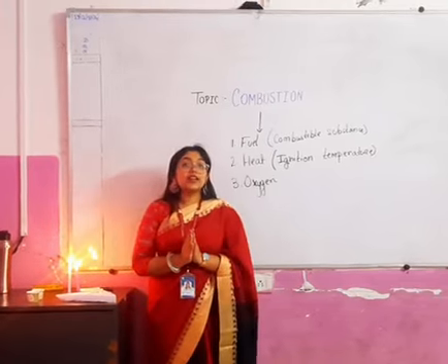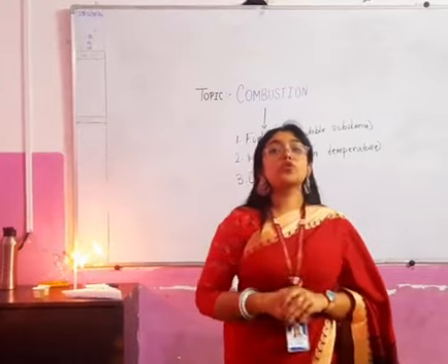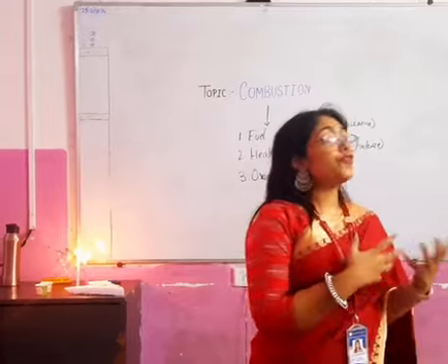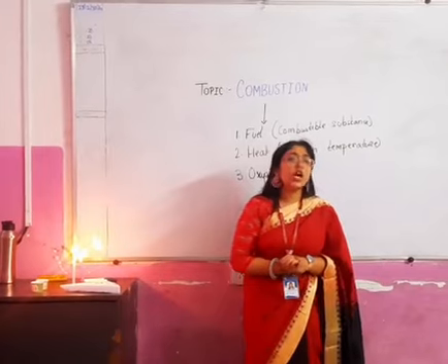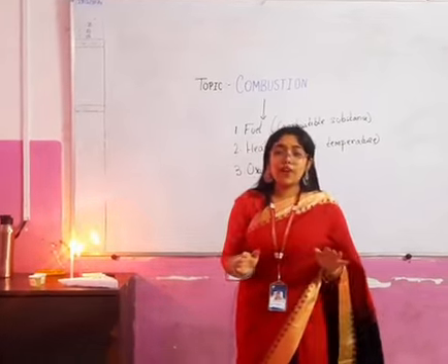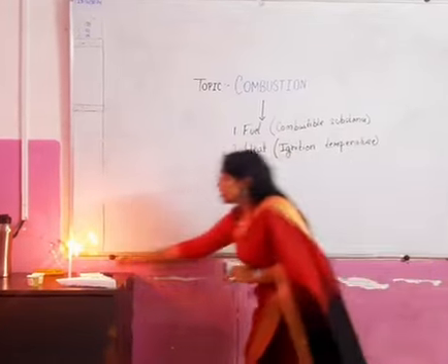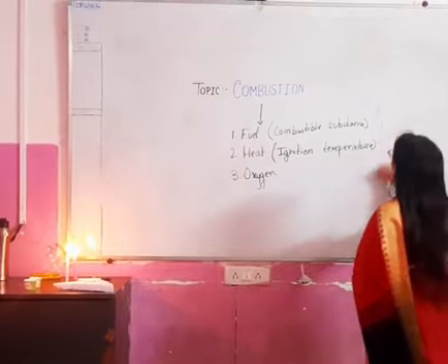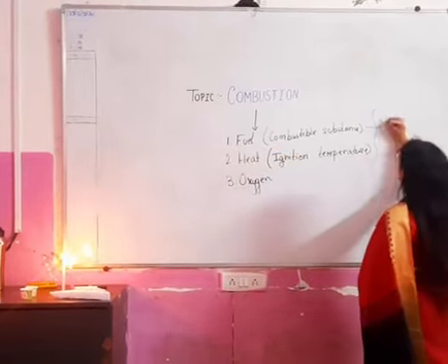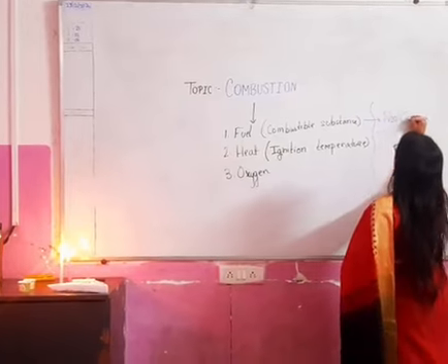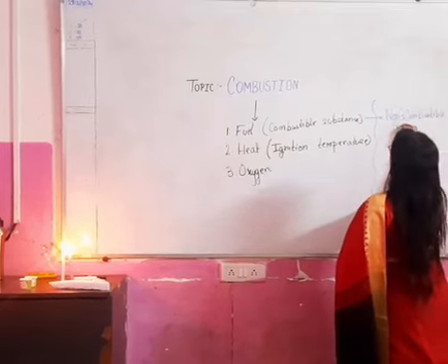Now the point is, what are the things which help to reduce combustion? Suppose when a fire breaks out, how can we reduce it, or what are the three main important things which are needed to put down the fire? Can you tell? The three things are the very opposite of it. What are those? Let's check. First thing, instead of fuel we need non-combustible substances, right? Meaning the presence of non-combustible substances.